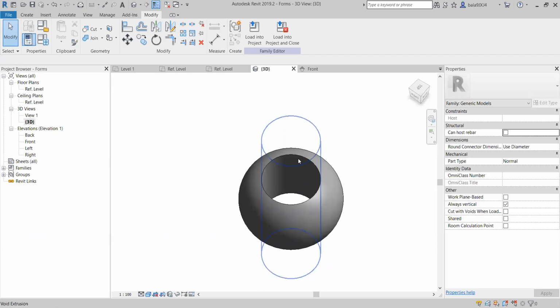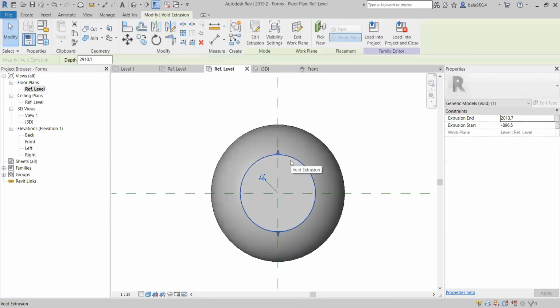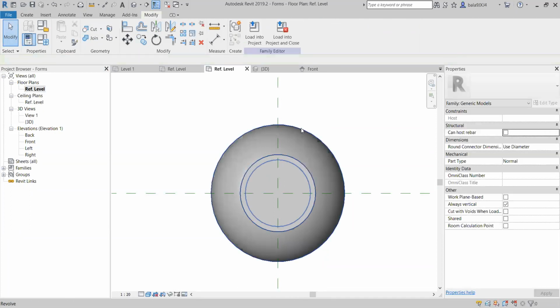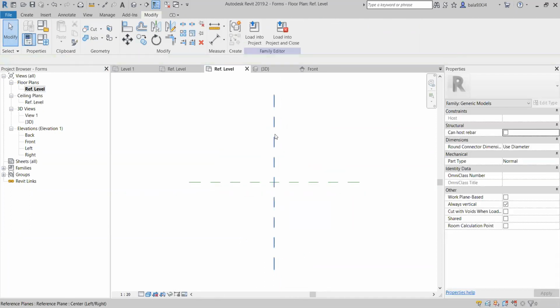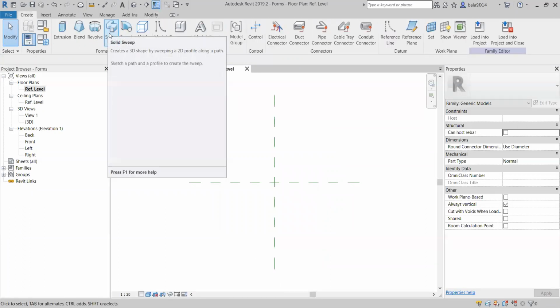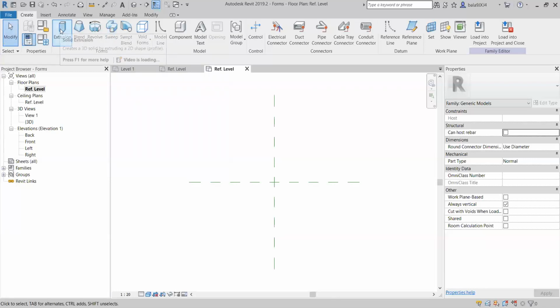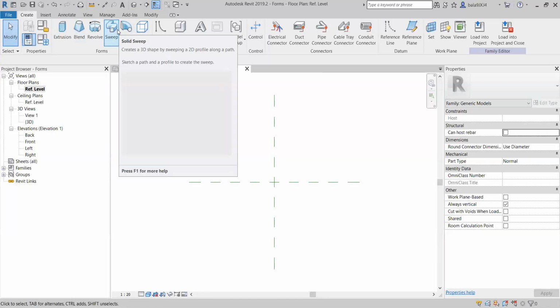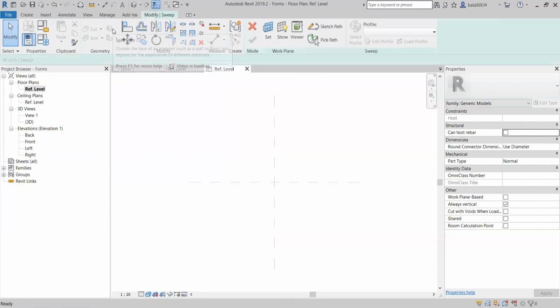So to cut any geometry, we are using the void forms. Remember this. Okay. Now I want to delete it. This is about the revolve. Next, I want to use the sweep. Let's say to explain the sweep, we already discussed how to create a sweep in the project. This time I am going to take sweep.